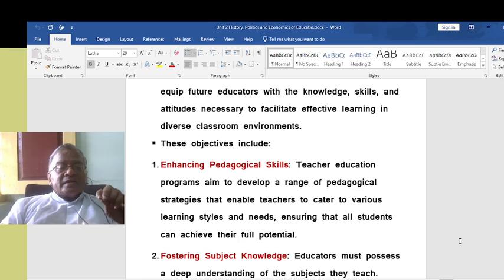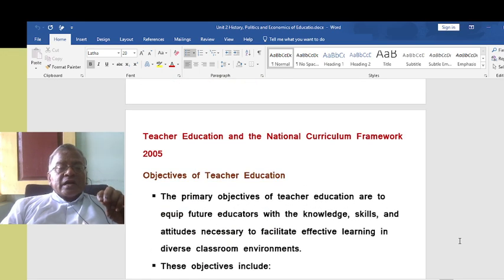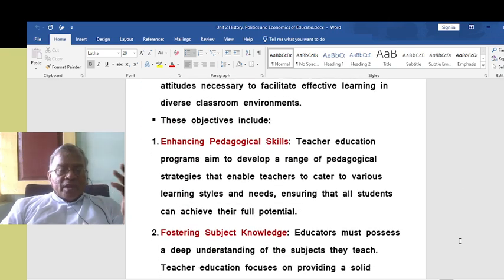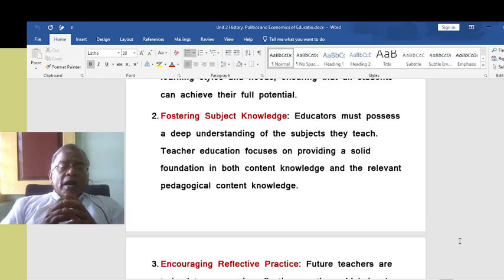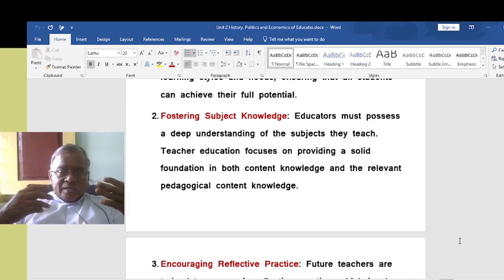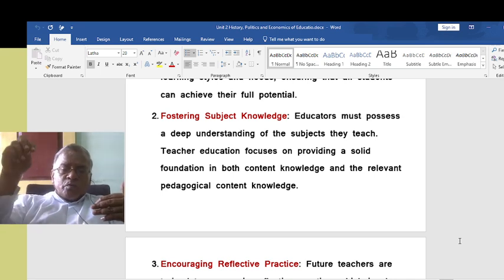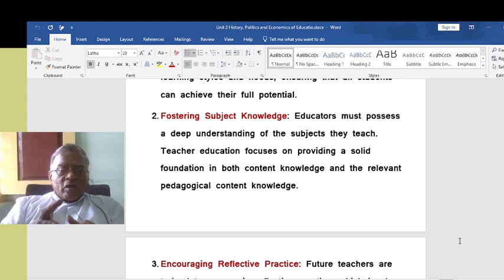So, enhancing pedagogical skills, this is what the National Curriculum Framework envisaged. Then fostering subject knowledge. Educators must possess a deep understanding of the subjects they teach. Teacher education focuses on providing a solid foundation in both content knowledge and the relevant pedagogical content knowledge. So, mastery over the subject as well as the teaching skills or teaching strategies to put that subject knowledge into the minds of the students. That is content knowledge and the relevant pedagogical content knowledge. Then